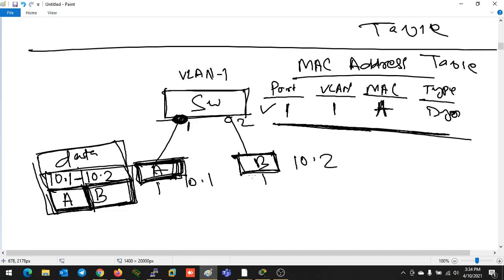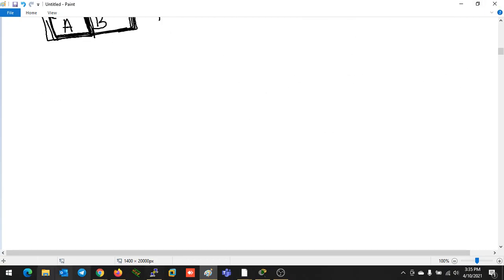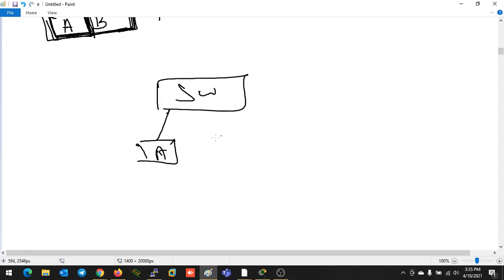But the switch will not directly drop the data. It will think that the device might be connected to me, but it hasn't sent any data, so there is no entry for that MAC address in my MAC address table. So, assuming the device is connected, the switch will try to send the data. This is A, this is B, and there might be other ports available. So what will the switch do? It will send the data to all the ports besides the port from where it received it. It receives the data here, and the same data it will send to all the other ports.